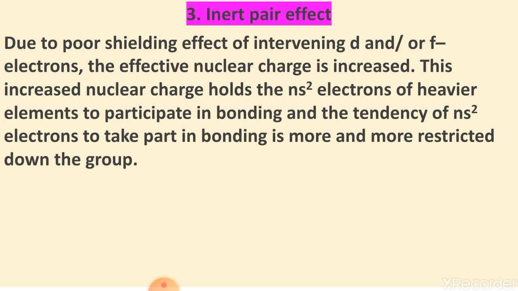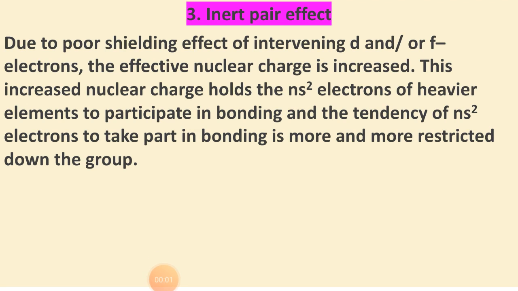One more question may arise: why is bismuth pentachloride, that is BiCl5, highly unstable? So again the same answer: due to the inert pair effect, bismuth in the +5 state is not stable. Its stability is in the +3 state. So that's why it wants to go into the +3 state, hence it is unstable. So this type of questions you can solve by using the inert pair effect.